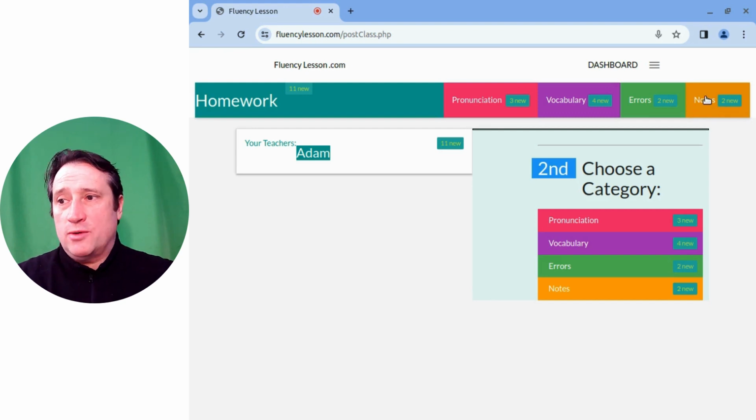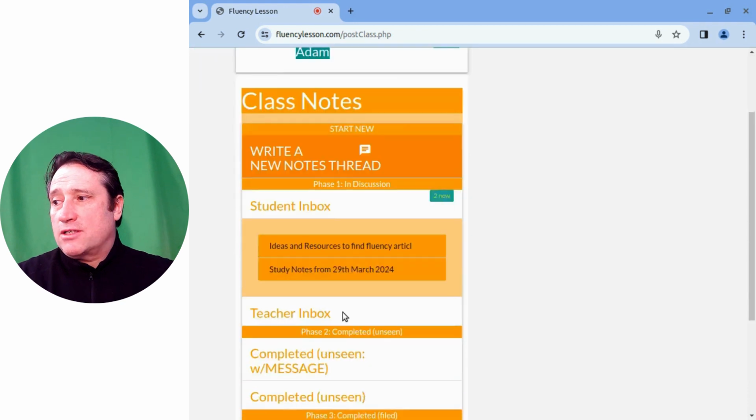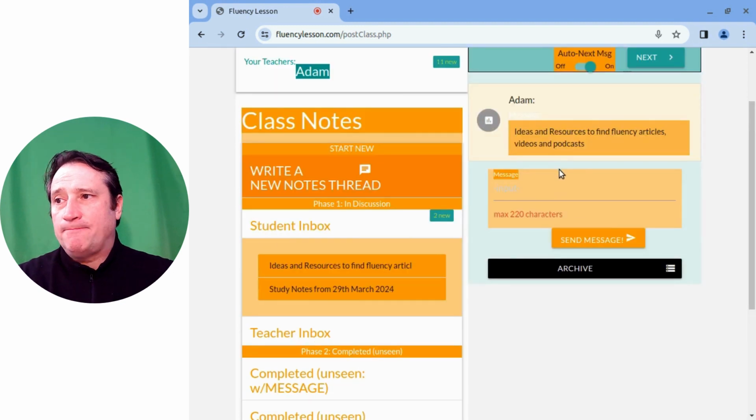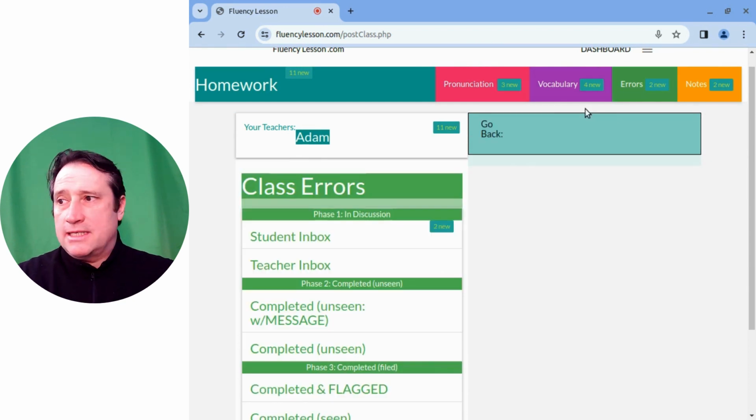So if we begin with notes, if we click on notes, you'll see in your inbox, you've got things like ideas and resources that the teacher wants to send you, and some study notes. Maybe the teacher will send you feedback. You can open these. There's no information yet in these notes here, but if we go to the errors, the second section,